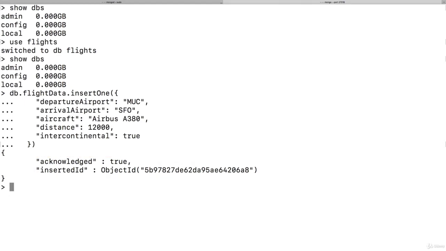Now that's a feature provided by MongoDB. Every document you enter gets a unique ID. And actually, you need to have a unique ID on every element, but as you saw here, you don't need to specify it on your own. MongoDB gives you one. It's of type ObjectId, so this is another type supported by MongoDB, which we can use. And we can see it if we now simply have a look at our flight data.